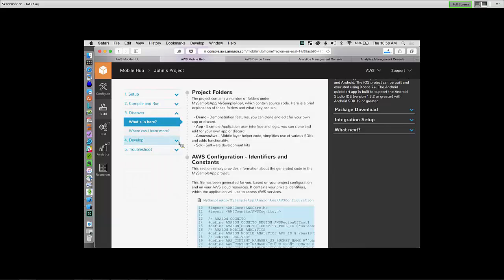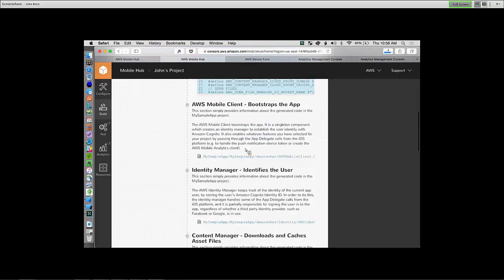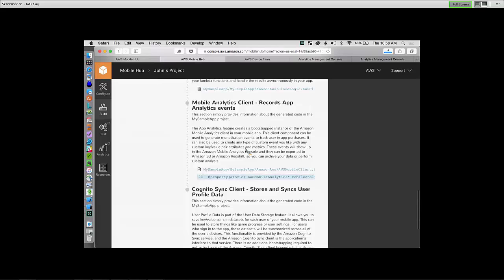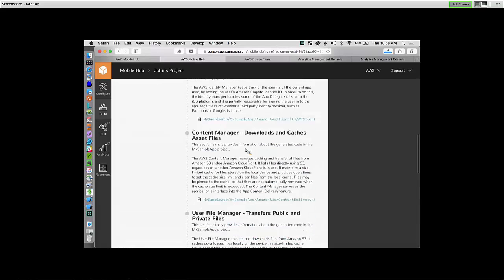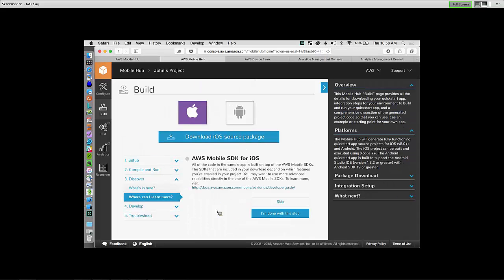Under Discover, this is really exciting, because what this allows you to do is know exactly where in the application the specific code is that you can copy and paste into another application you may have already built. Or if you don't want to use a sample application in any way, shape, or form as a base application to build off of, you can go ahead and just move this code into the other application that you've either started with a file new, or as I just said, already exists and you can copy and paste. So this walks you through step by step where the code is that you would copy.